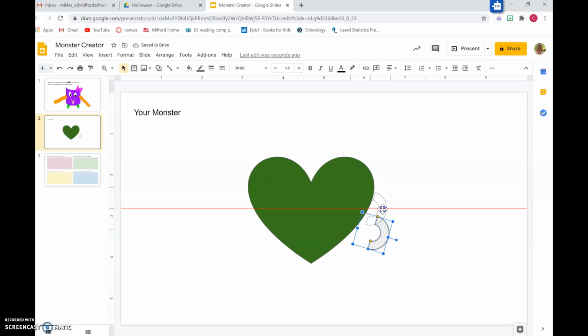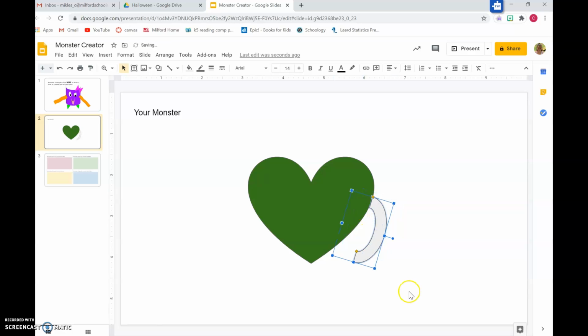So I can put it there. And you can even make it bigger. Let's say I don't want my arm to be that small. I can either go to the corner, which will make it bigger in all directions, or if I want to make it longer, I can do it that way,